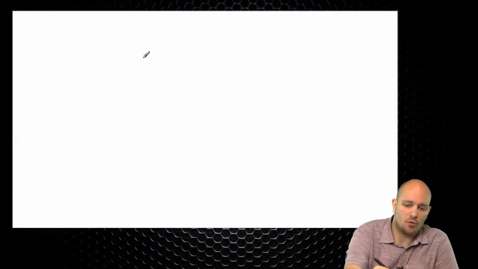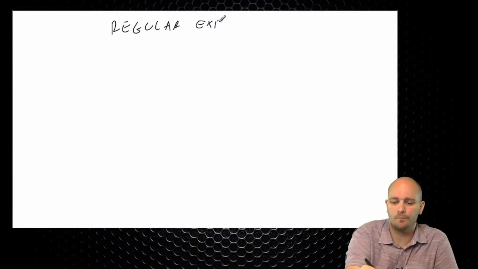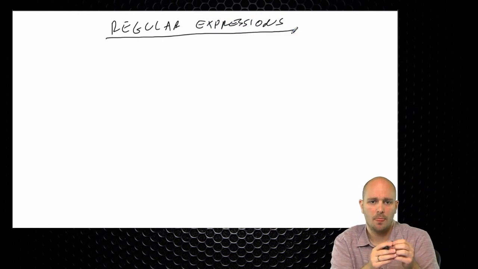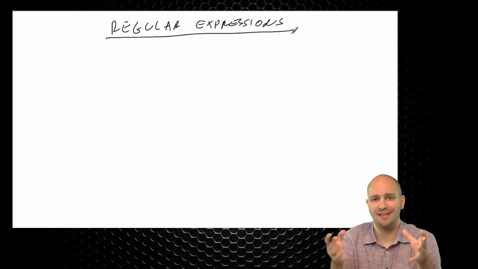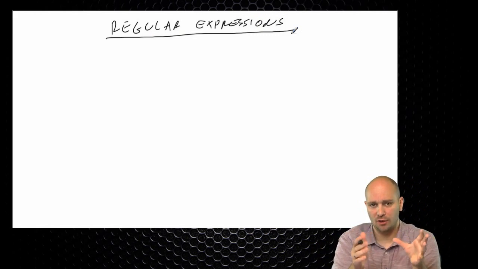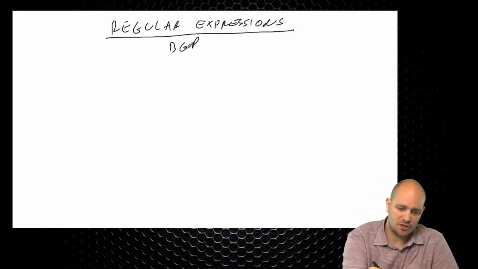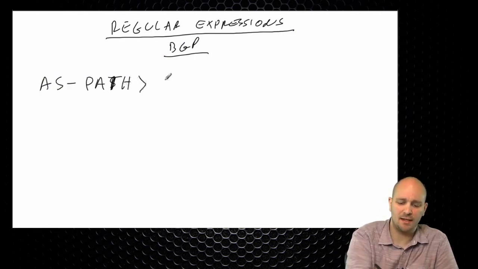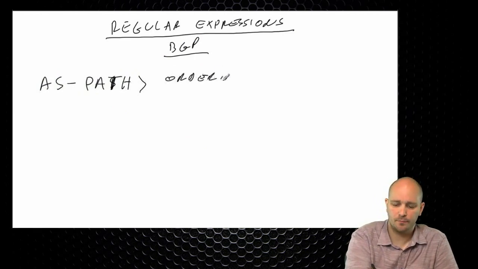Many network engineers struggle with regular expressions. Now, regular expressions are a very, very powerful tool that can be used to match for patterns in a known or, let's say, unknown text. When used in the context of BGP, regular expressions are used to match against the AS path. Now, the AS path is basically just an ordered list of autonomous systems